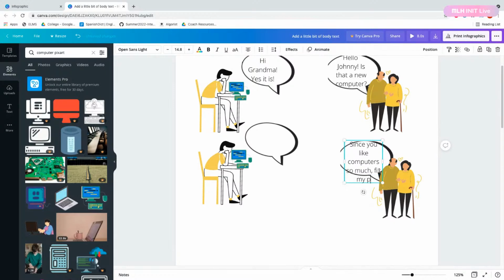Fix my printer, will ya? I'm not a grandma myself, so I don't know how grandma would act in this situation.